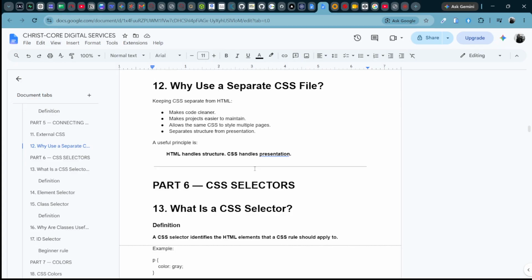So I will tell us why we use a separate CSS file, even though I've mentioned it, just to give us a definite answer. One is to make our code cleaner. It makes projects easier to maintain, that is, there's not too much code in a single file. And the third thing I wrote here is that it allows the same CSS to style multiple pages. So I'll show us something now. This CSS now, if I create